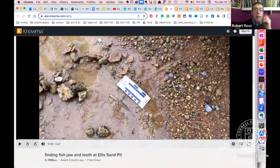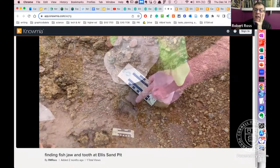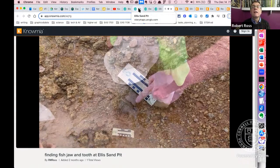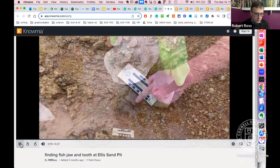This is a fish jaw. This is a fish jaw right here. It's a big fish too. And this is really diagnostic. This is ringing a bell. That's what caught my eye. Yeah, the serrations along the edge there. But it's got at least one tooth in place, maybe more. So I will probably GPS this and let one of my vertebrate enthusiasts